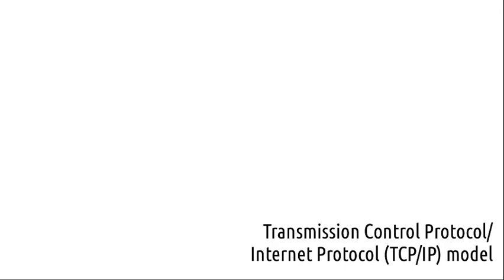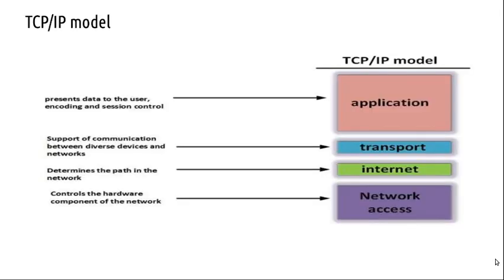It's not transport control protocol, rather it is transmission control protocol / internet protocol. That is the TCP/IP model. The TCP/IP model is currently in vogue in our data communication networks, and it has a 4-layered structure. There is an application layer where you have all these different application software running. We will see that a variety of protocols also come in there.